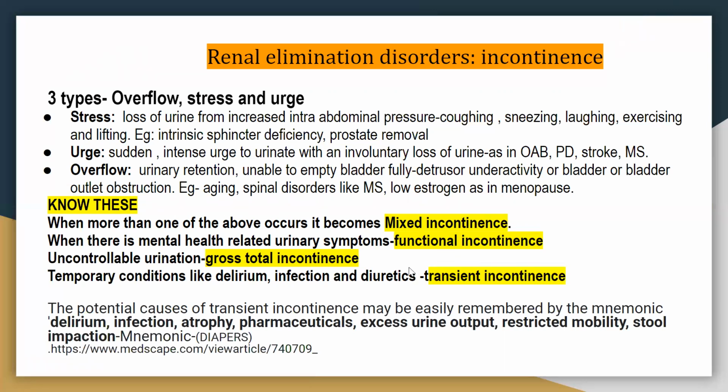And functional is usually when you have anxiety, depression, or PTSD, they have a functional incontinence. And when there is uncontrollable urination, you call that gross total incontinence. Transient incontinence is seen often on the board exam, so I have elaborated that here. The mnemonic is DIAPERS: delirium, infection, atrophy, pharmaceuticals, which is drugs, excessive urine output, restricted mobility, and stool impaction. So DIAPERS will allow you to remember those if there is a question related to